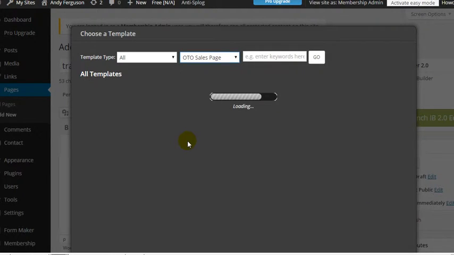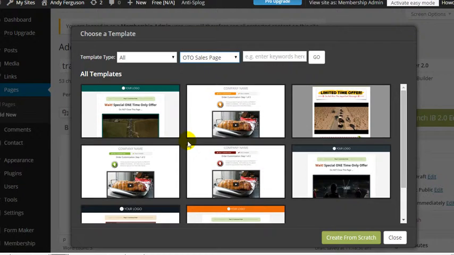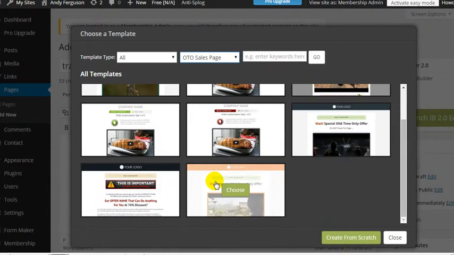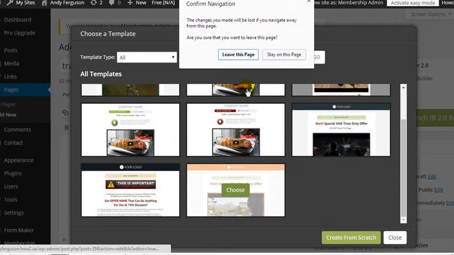One-time offers, this is after they've clicked to buy, then you send them from the click to buy to the one-time offers, which is an upsell if you like. And we've got a few other extras in here. So if we did choose one of these, for example, you should want to leave,